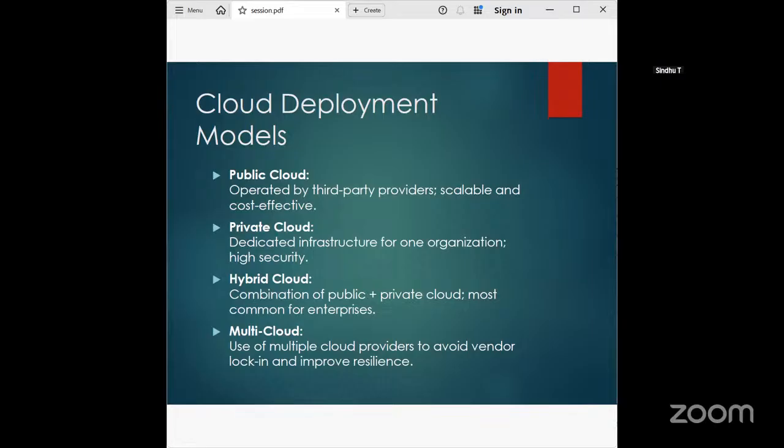Each user requires a virtual computing environment that is separated and isolated from other users. So one of the characteristics of cloud computing is multi-tenancy, where multiple users can use the same cloud. In a public cloud, anyone can use it, and it is operated by third-party providers. The public cloud also has pros and cons, some advantages and some disadvantages.